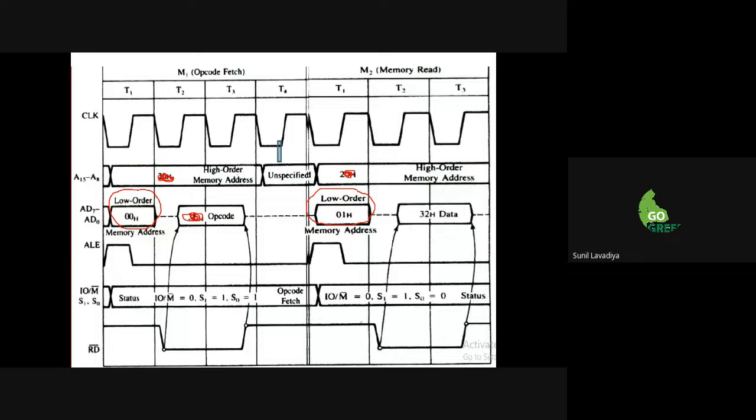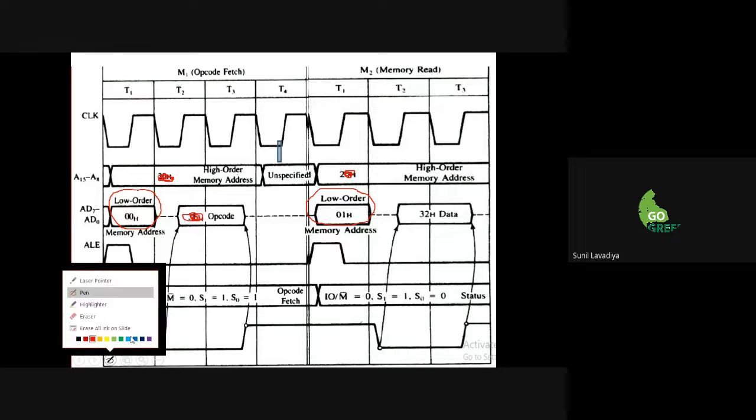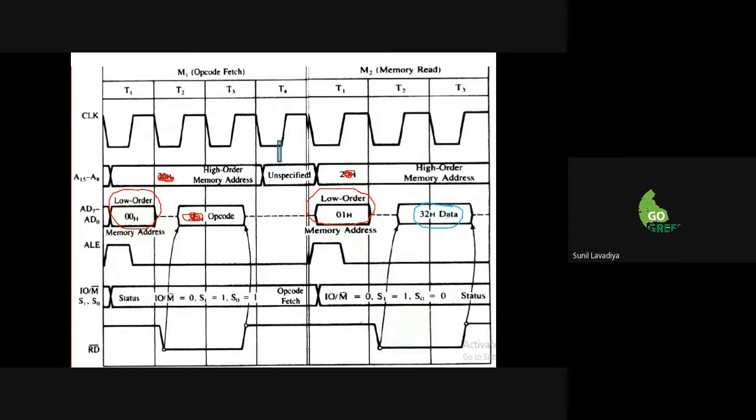Second thing, the data that we have to transfer here is 32. So here I have to write down 32, whatever data is there. Again, ALE comes in the same manner. Again, I have memory bar 0, and as it's related to the memory read operation, I have mentioned 1 and 0 here, and then after that, again read bar. So this timing is for recycle.